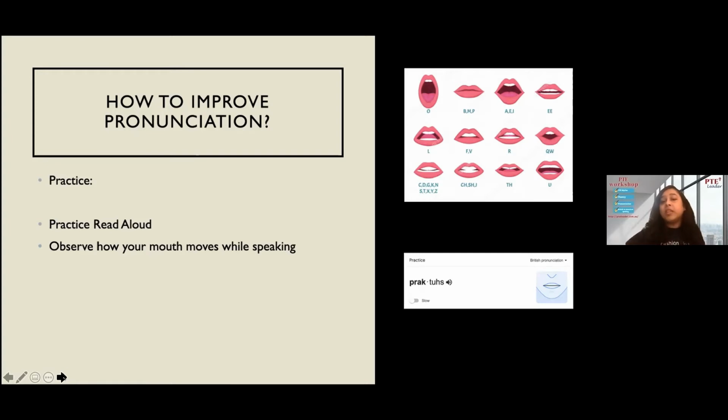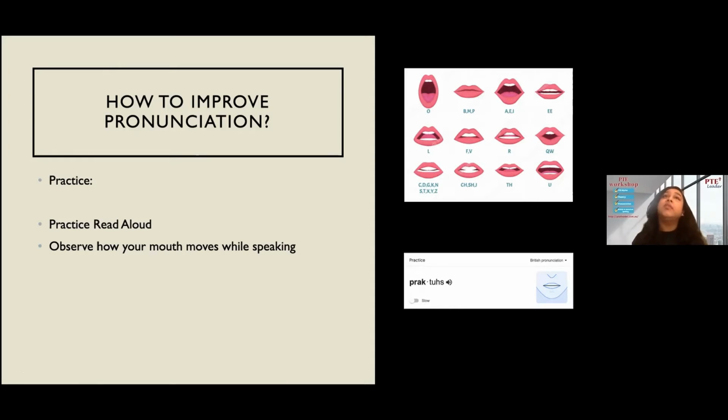Also, if you look at the pictures here, you can see the first picture is showing how your mouth should look when you are pronouncing specific letters or sounds. If when you are making the same sounds, your mouth looks like this, you are on the right track. If not, try to improve your mouth position, tongue position, and teeth position while you're pronouncing these sounds. On Google, you can definitely find lots of these things.